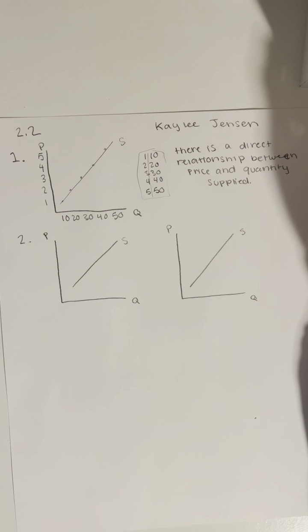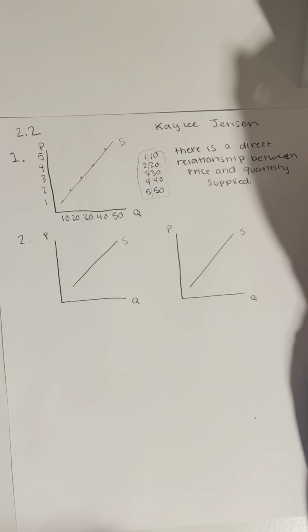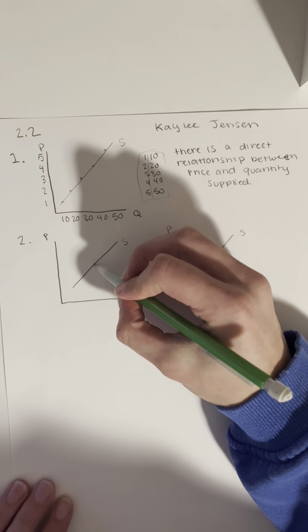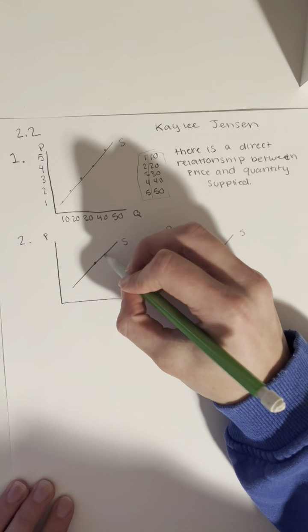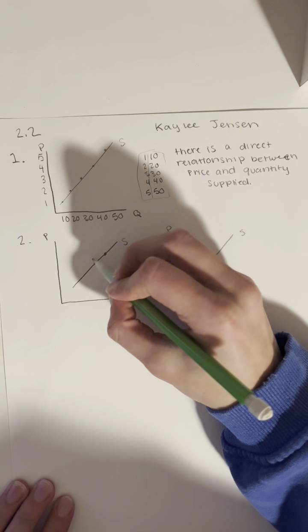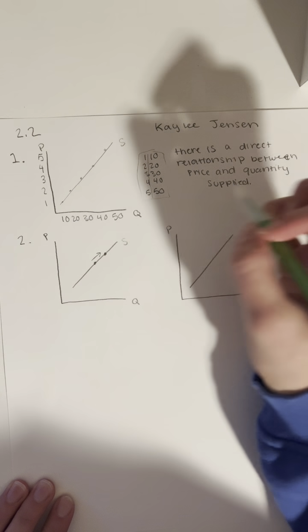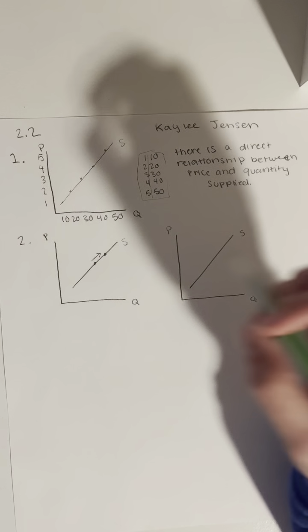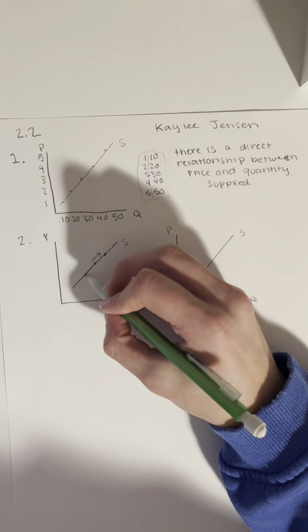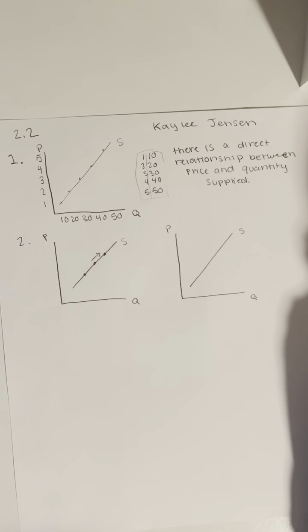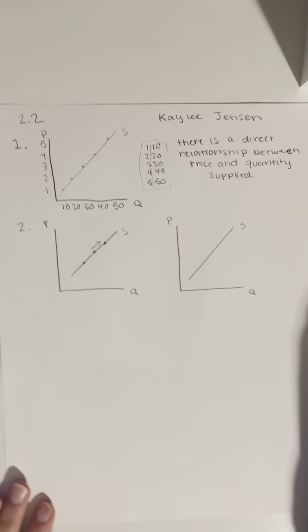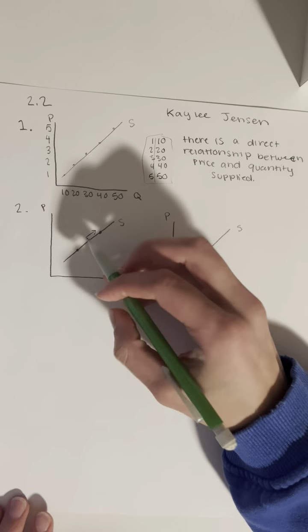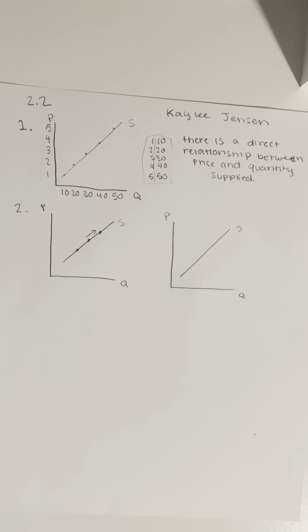So a movement along the curve would just change prices to go up and quantity would go up. So if our prices go up, we would move to the right or up. And if price went down, we would move downward. But if there was a shift in supply, say there was another one of our 5 determinants,